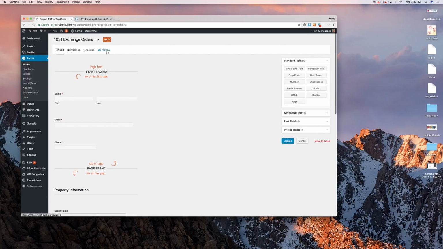Now you might notice that it says Preview up here. And the natural thought of clicking Preview is that it would give you a preview. And in spite of that language, it's not really a preview. The only way in which this functions is after you've clicked Update, you can then click Preview and see what it has done. But that won't be very valuable to you because whatever changes you have made have become live by that time. It's a shortcoming of the plugin, but Gravity Forms is still the very best that you can